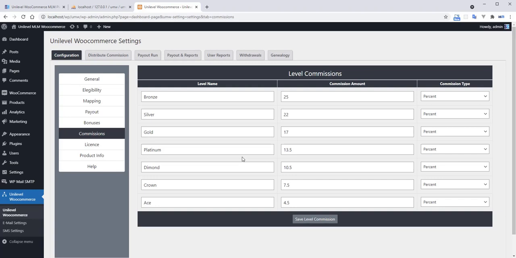We need to specify the percentage of the money or the order total amount that will be distributed. After completing the percentage and the price, I will create the video with the help of the fixed values here.